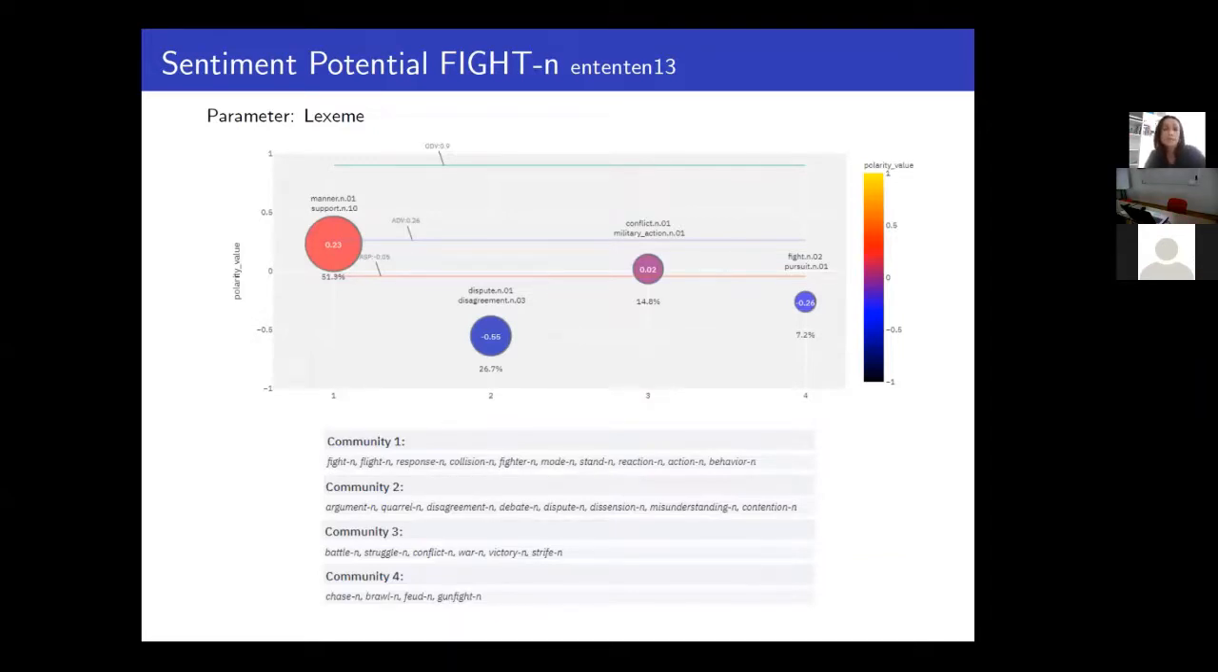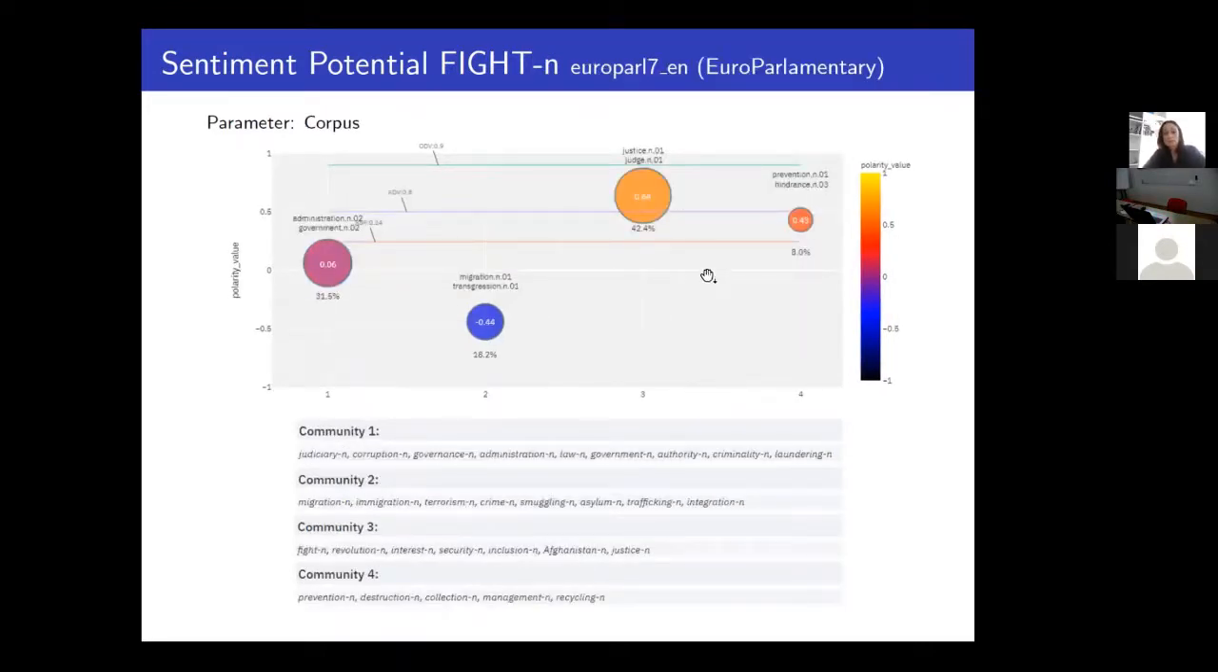Here is another word. So in the application, we have several parameters. Lexeme is one of those. So when you change the word, you obtain a different graph. And here you can see the word fight, which has a negative meaning. But when you change another parameter, the corpus, and look at the same word, noun, fight, in the Euro-parliamentary corpus, which contains a large amount of transcripts of the European Parliament, not sure for what period, you